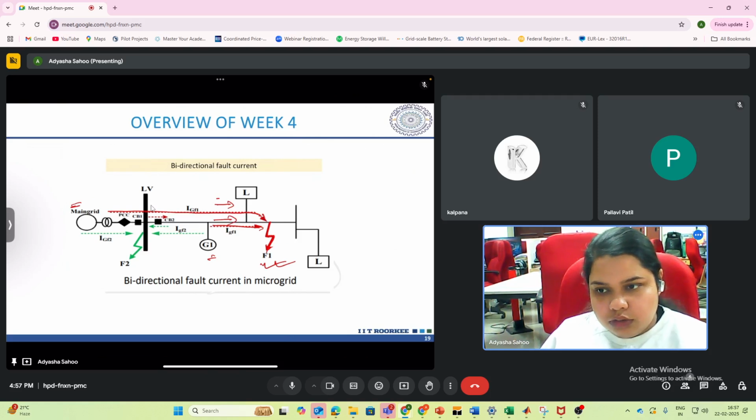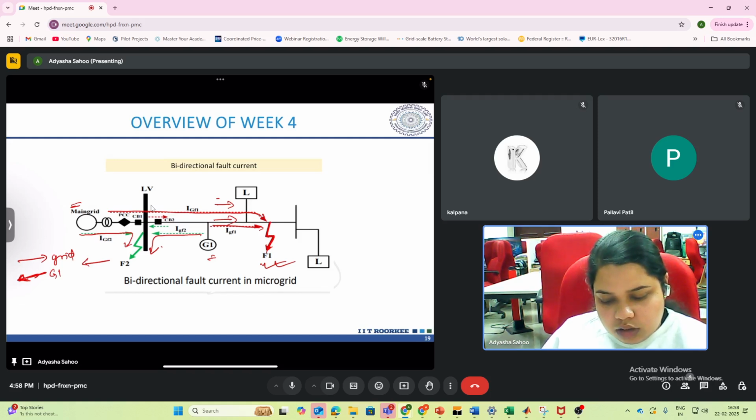But if there is a fault near the circuit breaker here, that is fault F2, then the grid will feed it in this direction, and the generator G1 is feeding the fault in the opposite direction. So this is your grid, this is your G1 in case of this F2 fault. Now they are not in the same direction. Here you have bidirectional fault current, one in the forward direction, the other in the reverse direction. So it will again reduce the fault current,